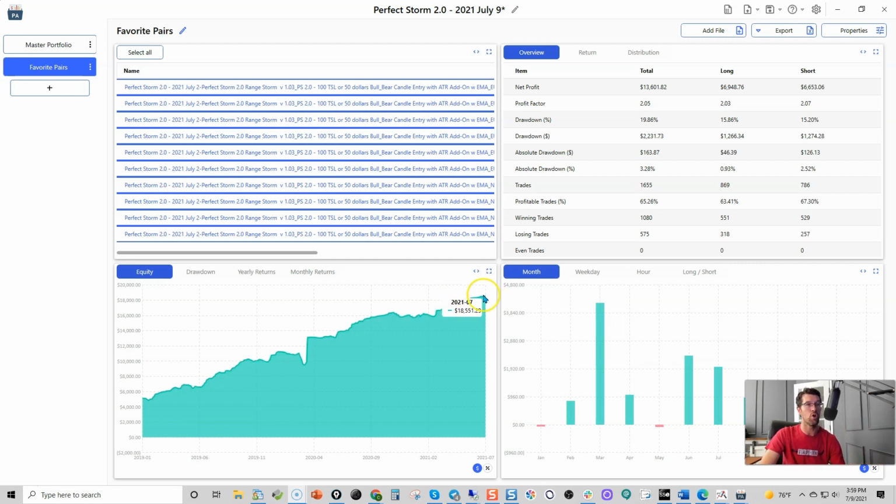And you can see here that over 2.5 years, a $5,000 account turns into $18,000 plus. So it's not the same as $40,000, but it is less margin, less trouble, slightly higher profit factor. And I think if anybody out there is interested in testing robots, trading robots, using robots, you need some software